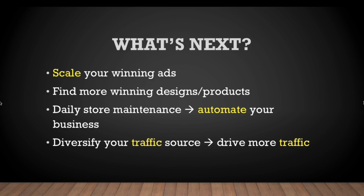All right, so what's next? Okay, so now that you have picked your niche, you have your designs, you've created your Shopify store, launch your ads, the next thing you want to do is definitely scale your winning ads, right? Most of the time when you advertise 5, not all of them are going to be winners, okay? But if you found the one winner that sells consistently, go ahead and scale your winning ads, okay? And once you have a winning t-shirt, what's stopping you from scaling your winning designs to other products? So, what if you're selling on a mug or on a tote bag or on a tank top,